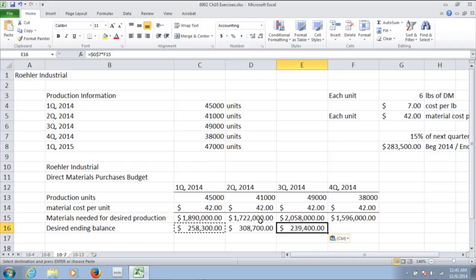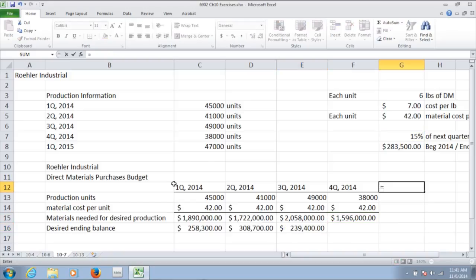Copy this formula forward for the 3 quarters, and we see that we have this updated here in terms of each of these items considering the next quarter. Now we're presented with information for the first quarter 2015, and we probably could append that here at the end, but this would not be part of the 2014 budget, but it would be important to have this on hand